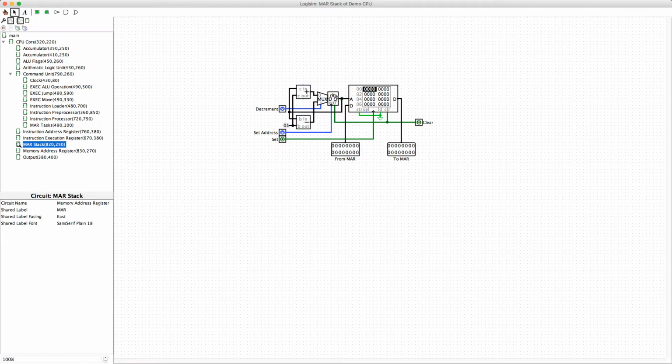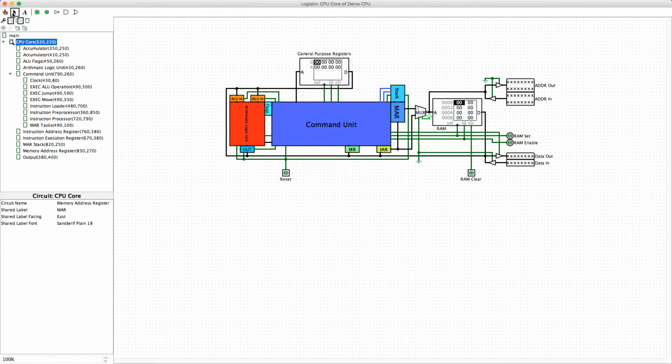And then the stack address would be decremented, going to the previous address. That's what broke the CPU. Now if we go back to the CPU core, we can see the instruction address register, which would be loaded if there was a jump or call instruction, and a jump instruction would load the address into the memory address register. Call instructions would also load what was in the instruction address register into the memory address register, and then